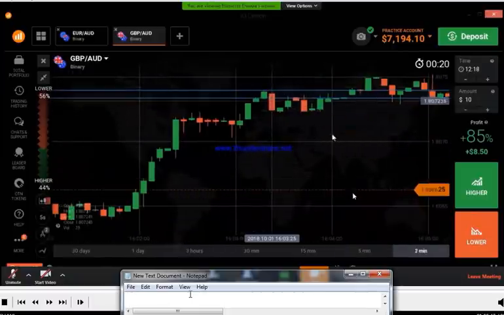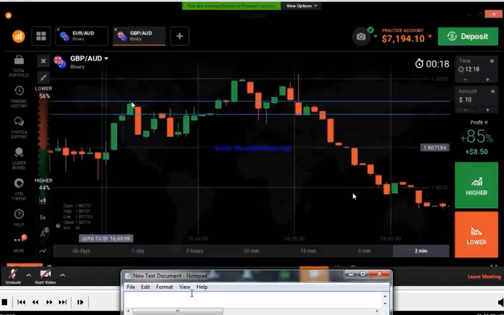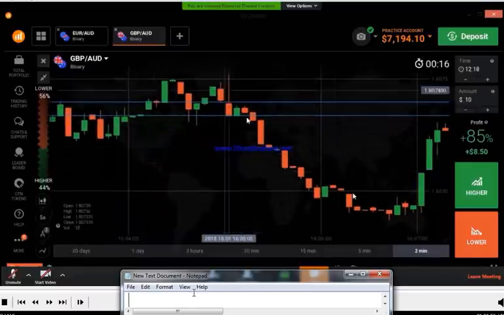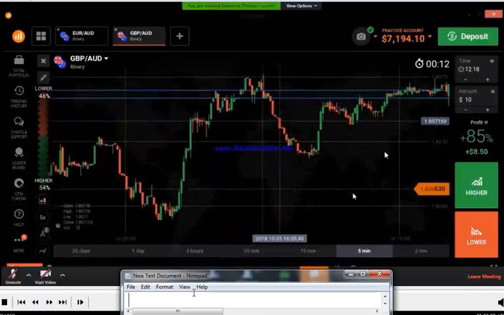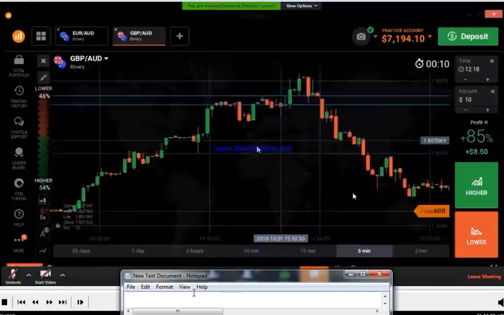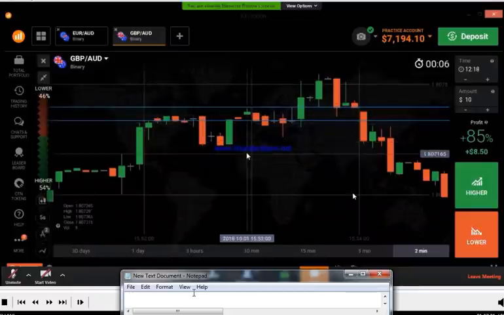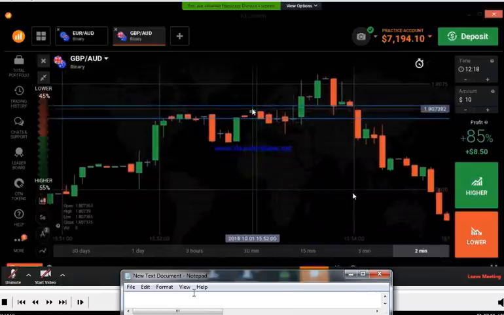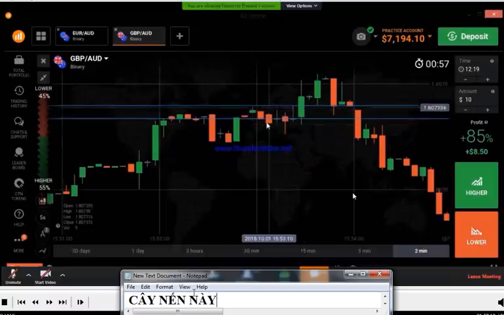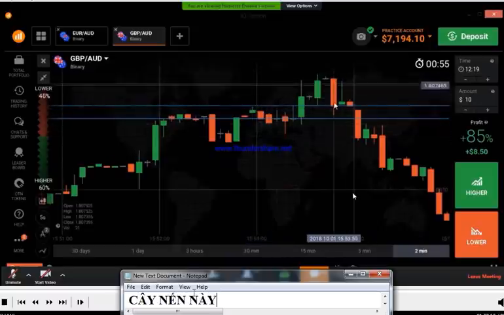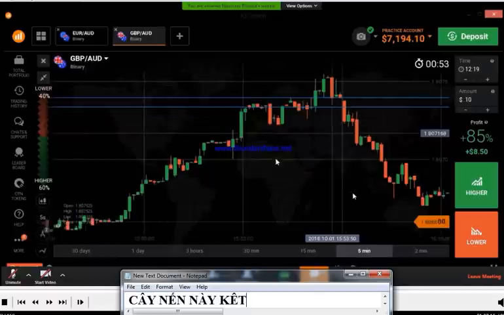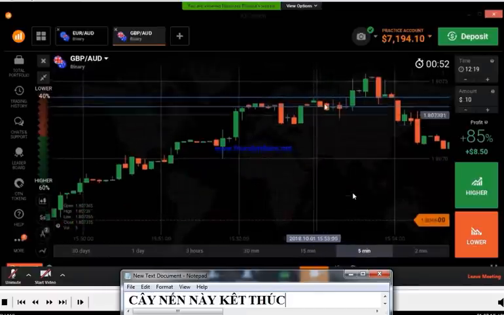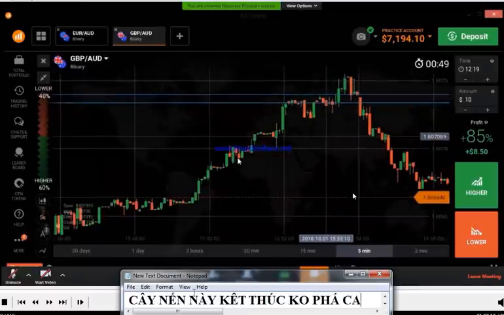Okay, there are some sellers' entry here, but still there are some buyers. So you can see so many sellers' entry here, 1 2 3 4 5. So you can trade here. Okay, this is a very strong candle, you can take this as a confirmation, but the candle must close below the level. You can see this candle closed just on the level. You can't take this as a confirmation. There is no confirmation here. These two are very weak candles.